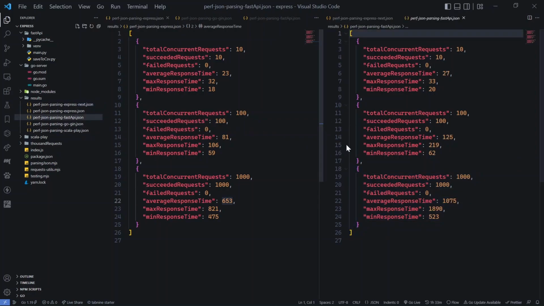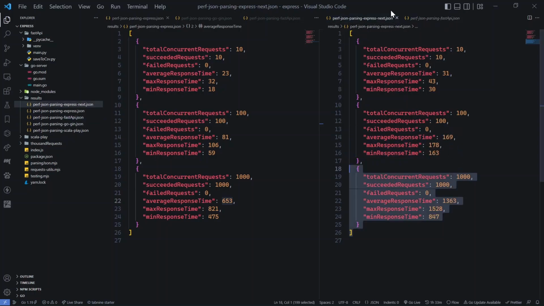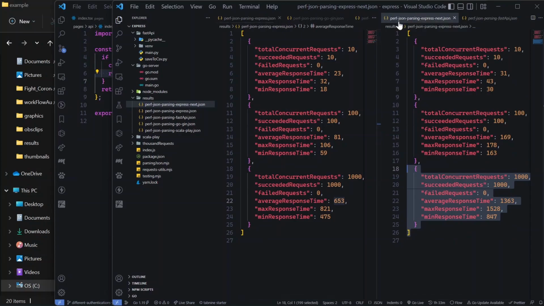Now let's move on to FastAPI. If we compare FastAPI with Express, we will see that the parsing is pretty fast, and that is what I actually thought earlier also. As long as it is just getting and sending back the requests, of course, Express would be outperforming all of these. For a lower number of requests, FastAPI is almost similar to the Express server. But as the number of requests increases, it slightly goes to the higher side. It is better than what we had in Next, where we had 169, 178, and 163, and here we are a little bit lower, not too much. Of course, the maximum response time is more for FastAPI. For the 1000 requests, we have approximately 1.8 seconds, and here it is even a little bit on the higher side. This is something that I would expect,